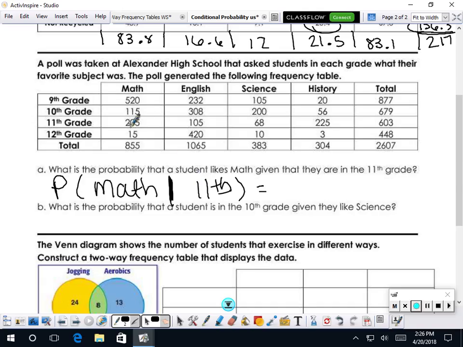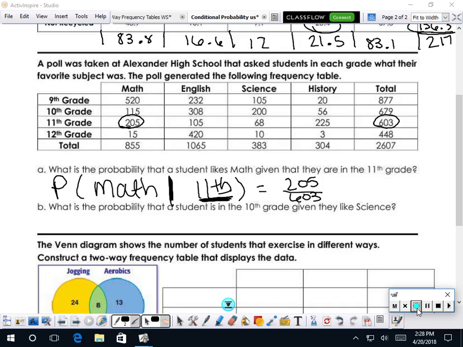So math and 11th grade is 205, out of, divided by, the total for 11th grade. So I go all the way across to 603. All right, so the probability that a student likes math given they are in 11th grade will be 205 out